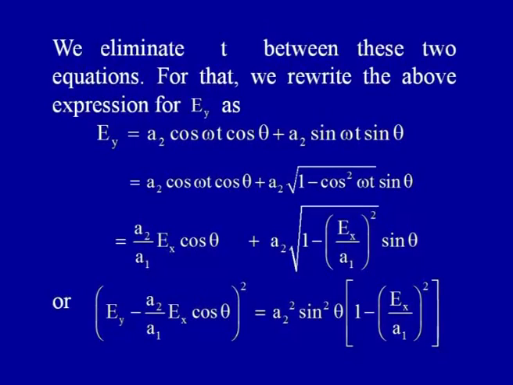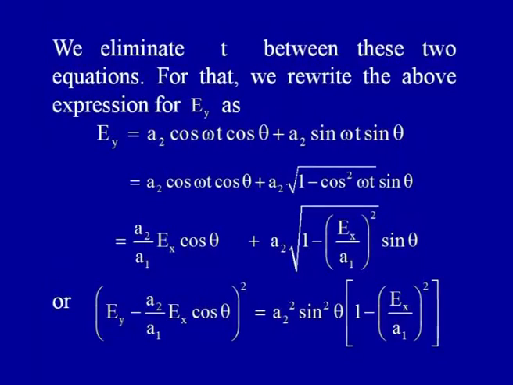This can be written as equal to A2 upon A1 times Ex cos theta plus A2 times square root of 1 minus (Ex upon A1) squared times sin theta,